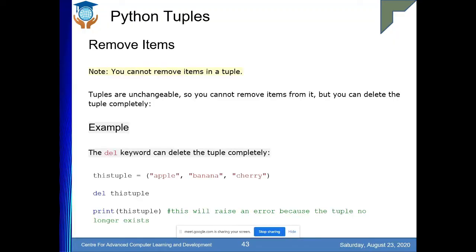Yes, remove item. As I've told you, in a tuple you cannot remove anything, you cannot make any changes. You cannot remove a particular element out of the tuple, but you were able to do it in the list. But in the tuple you are not allowed to do this. In that case you can delete the entire tuple, right? You cannot delete a single item out of the tuple, but in the list you had that privilege. Here in this case you do not have the privilege.